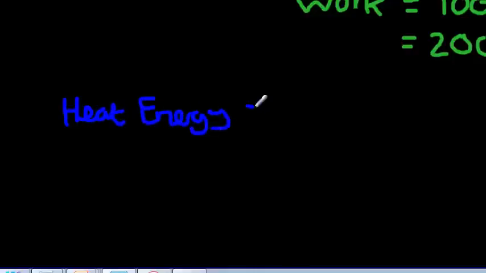Now this heat energy mainly comes from friction, and friction is basically